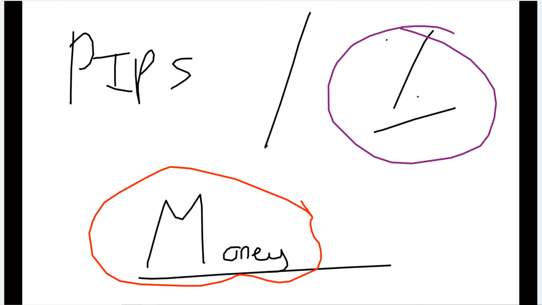Another trader who's made 100 pips this month, but made 20,000. All right. He's used £200 a pip, but he's only made 100 pips. However, the other guy has made 1,000 pips, but due to his lot size, he's only made £500. So, who's the better trader?